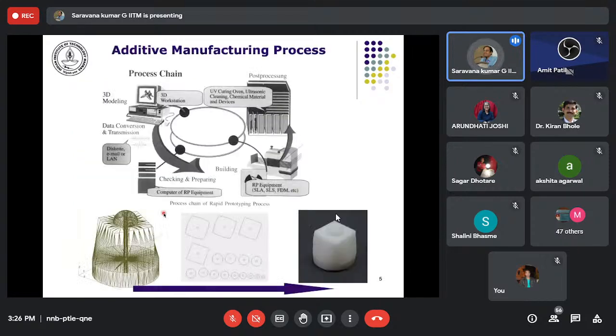So this slide describes... I am told that there have been a couple of talks on additive manufacturing, so probably you are introduced. Maybe I will quickly skip from this slide. But this is a picture from one of the earliest textbooks on rapid prototyping,